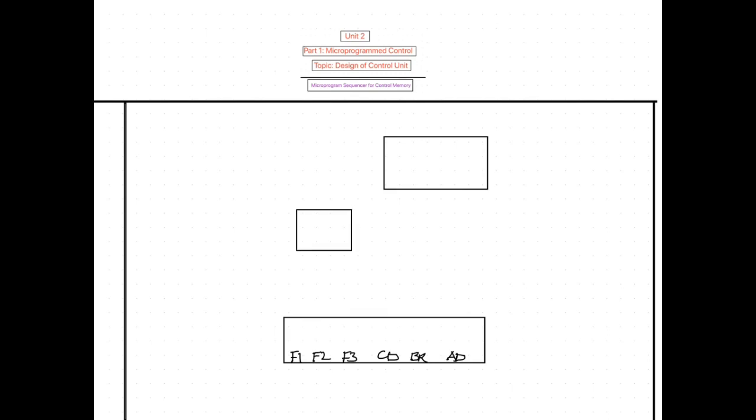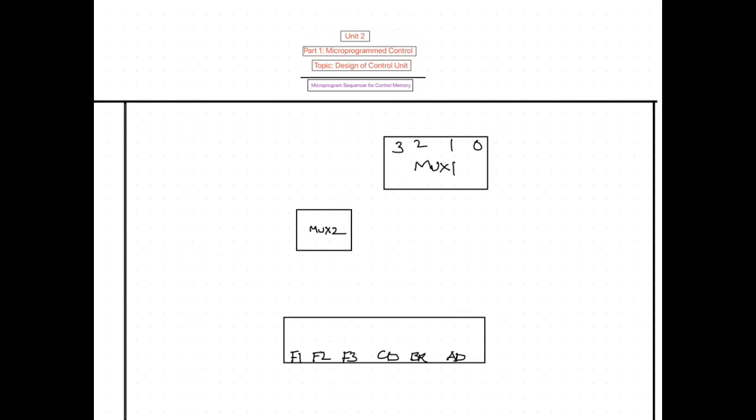See here, the first multiplexer selects an address from one of four sources. That's why I am taking 0, 1, 2, 3, since we have four sources. This is mux 1, the first multiplexer, and this is mux 2, the second multiplexer.